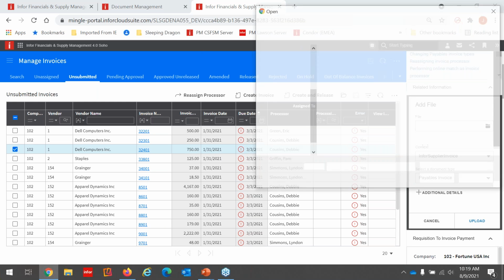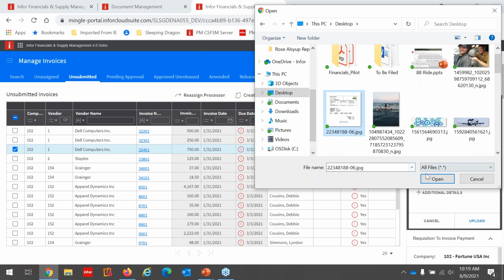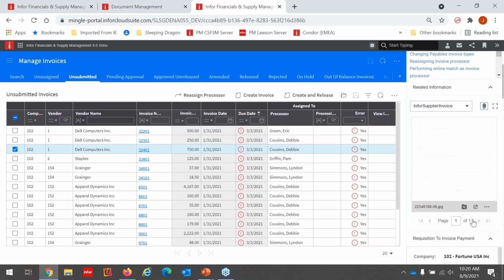So then I can come in and say, well, let's go find the file. So I can browse my desktop, wherever it might be. So if I go to my desktop here, grab an invoice, hit open, and then now it's going to put it in context of that supplier invoice. Payables invoice is my document type, and then I hit upload. And that word upload is very important. I'm uploading it up into the IDM document repository, and at the same time, I'm capturing the metadata that's associated